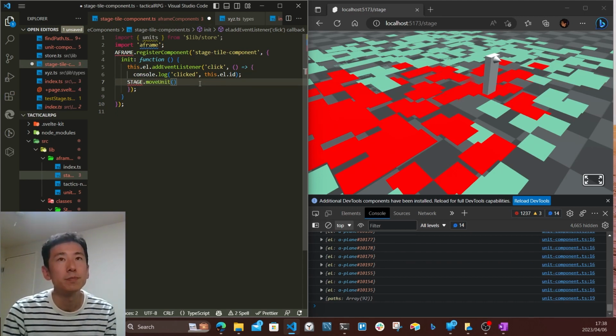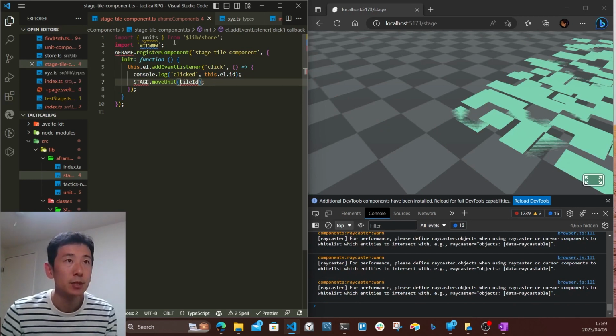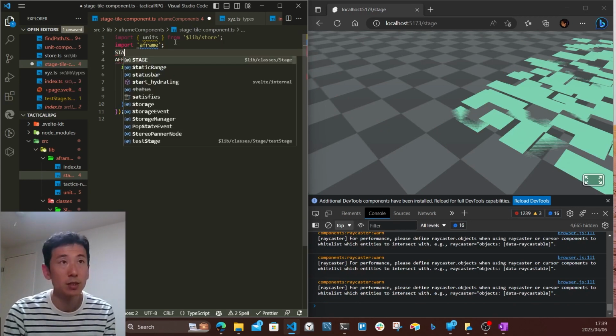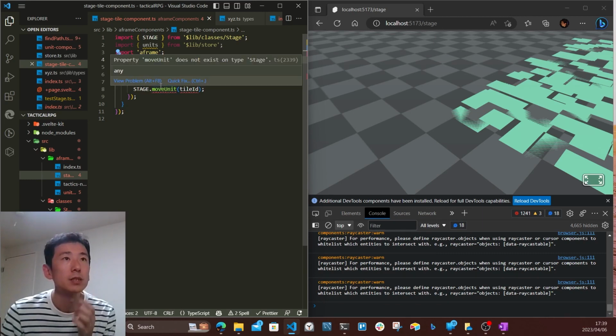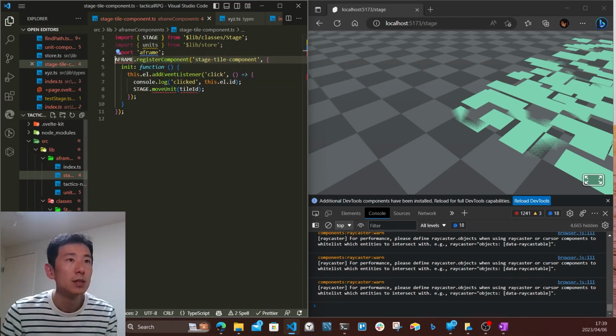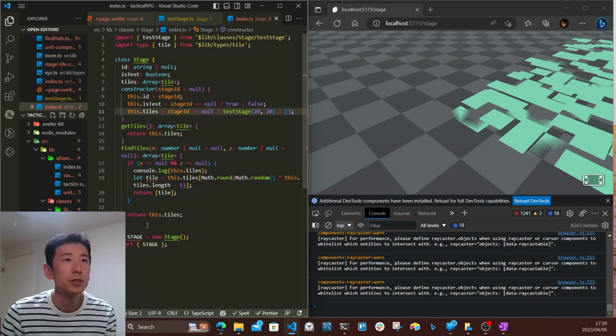Okay, and the tile ID, unit ID, move unit tile ID. I just need this, right? And include stage. So move unit, and let's go move unit